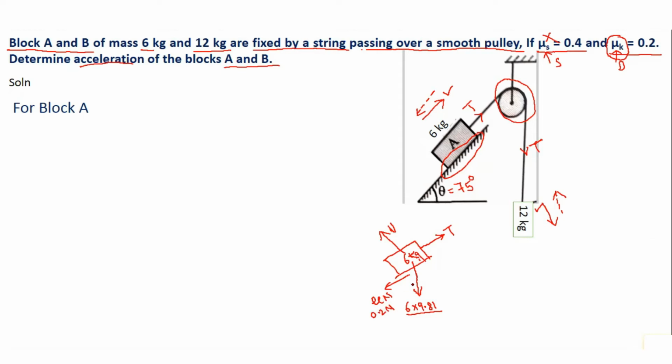With this we have shown all the forces acting on the body. Now the next step is to show the inertia force, or the imaginary force. For the imaginary force, the condition is that it should be opposite to the direction of acceleration. We have assumed that block A is moving upside, hence the inertia force will act towards the downside with a value of mass into acceleration, that is 6 into a. With this we have completed showing all the forces on the body and also the inertia force.